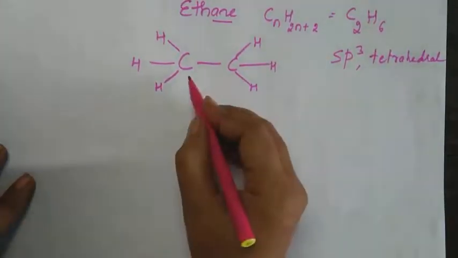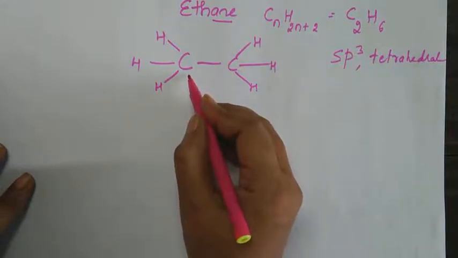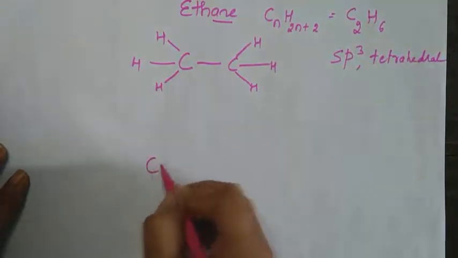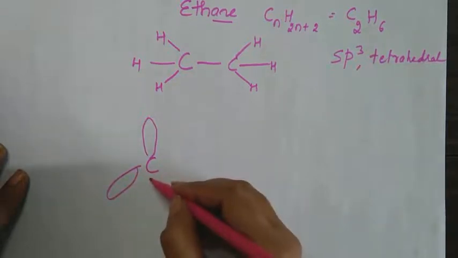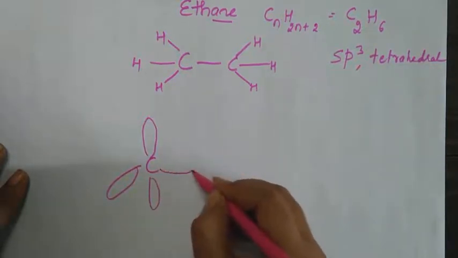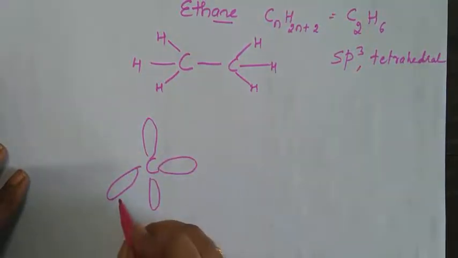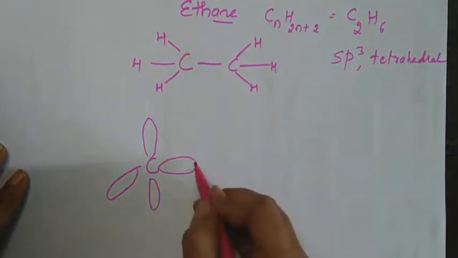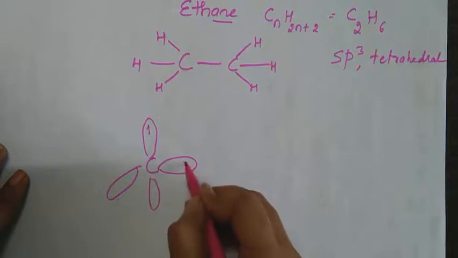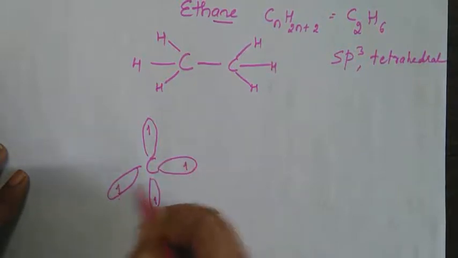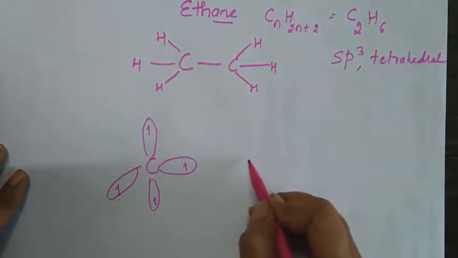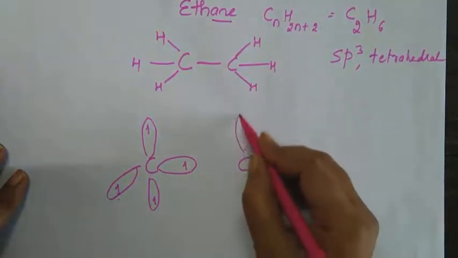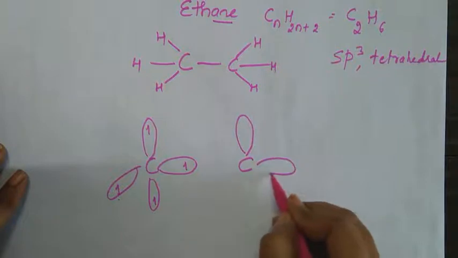Now what is the hybridization of carbon atom here? sp3. So there should be 4 sp3 hybrid orbitals. I have shown here sp3 1, 2, 3 and 4 with how many electrons? With 1 electron each. But how many carbon atoms are there in ethane? There are 2 carbon atoms. Very good. So sp3 hybrid orbital 1, sp3 hybrid orbital 2,